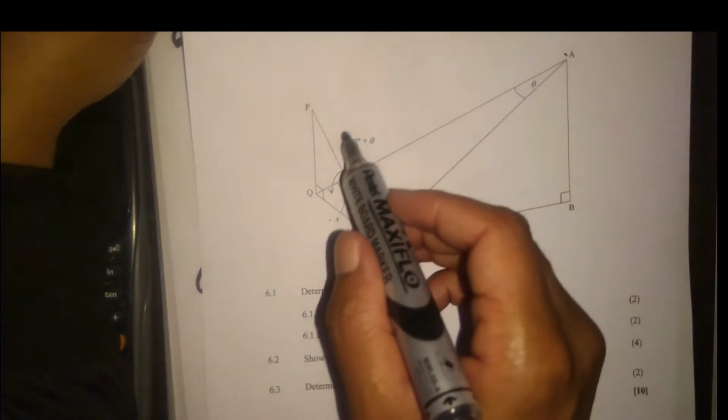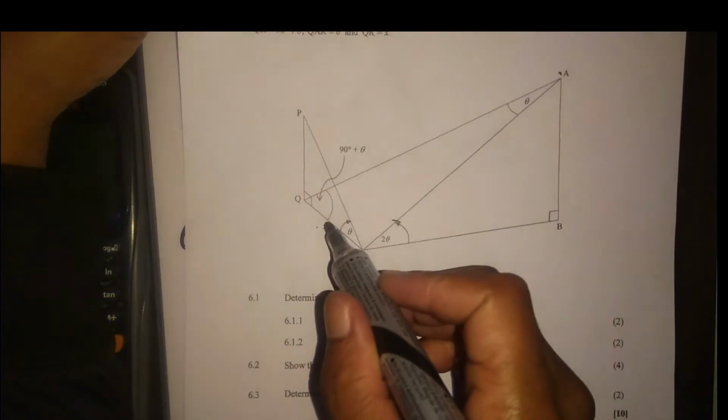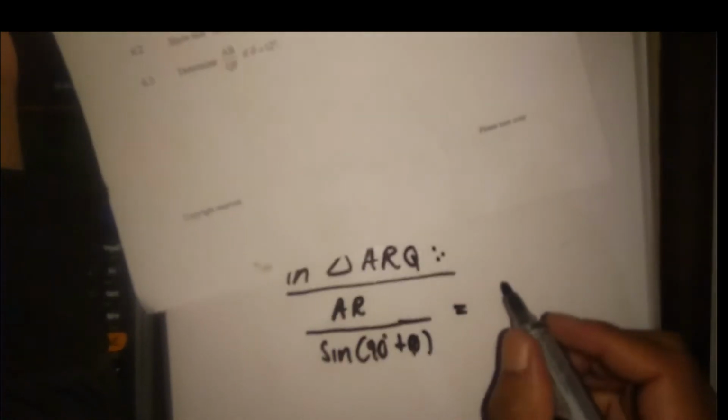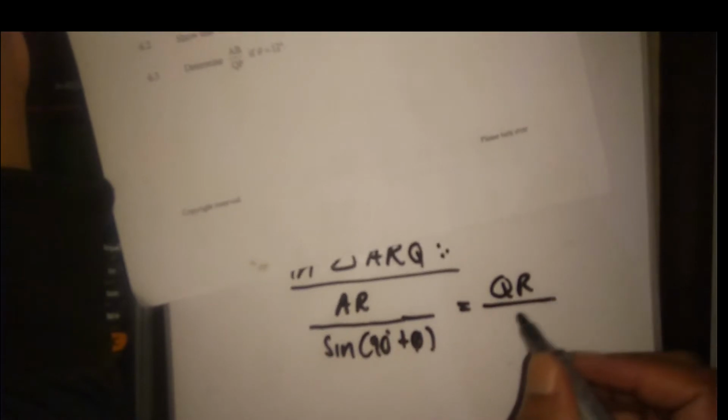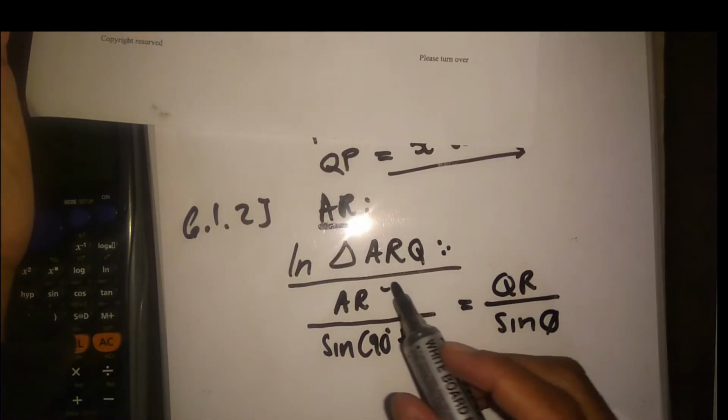AR, opposite angle yakhona ubani? 90 degrees plus theta. So it's sine 90 degrees plus theta equal to the other ratio. It's what? It's QR divided by the sine of its opposite angle, which is sine theta. Now let's simplify. If we calculate AR in this case,